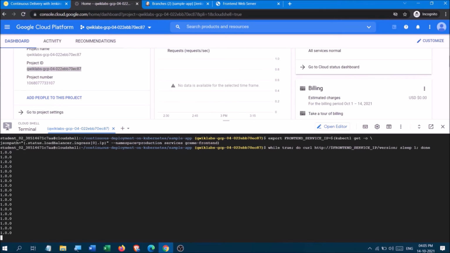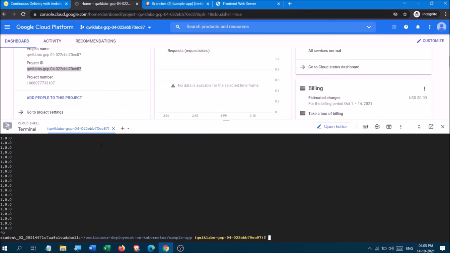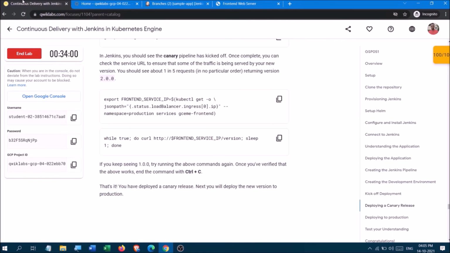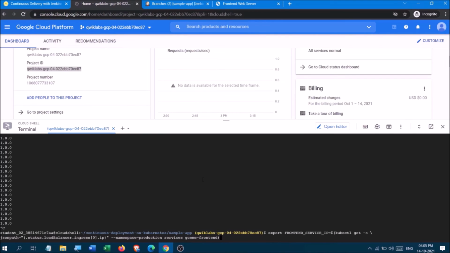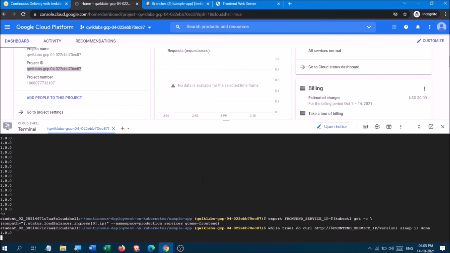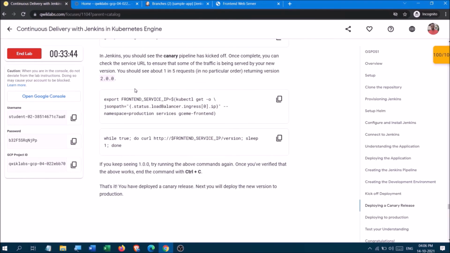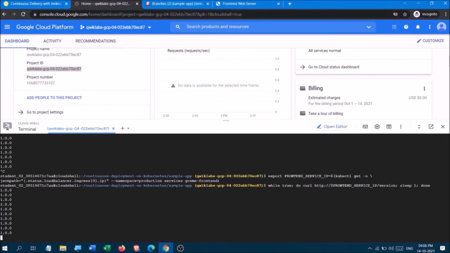Okay, still not. Okay, 1.0. They have said that if I request one request, of course there is no order, but you have to see 2.0 here. So we are looking for 2.0.